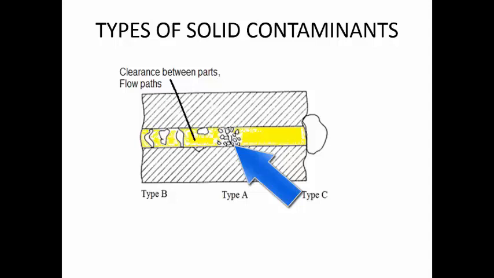So if the pressure drop is more, then supply side pressure should be higher, which means your pump should be having higher capacity. Then your electrical motor should also have a higher power rating to make sure that the fluid is passing through the filtration elements. So you have to always make sure that type A kind of contaminants are minimized. Then type B and type C you have to avoid by using some filters of appropriate sizes.